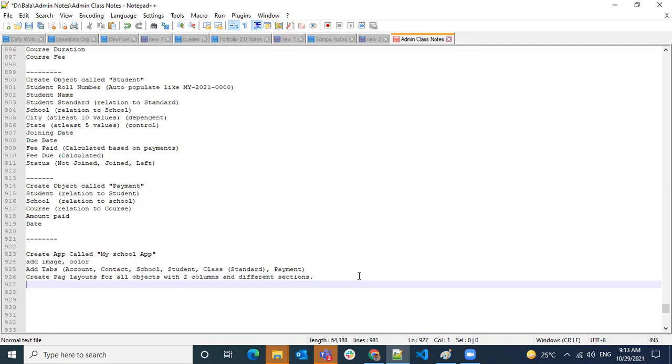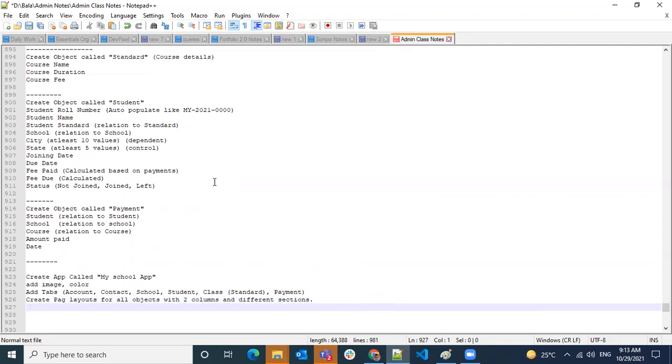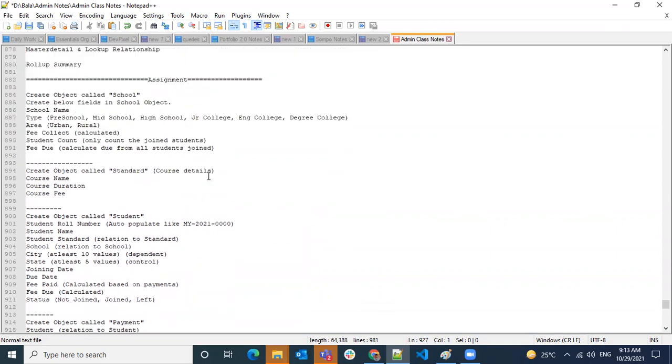So sections, for example when you're looking at school information, something like school name, address. I'm not giving many fields here. Try to create as many fields as possible, with the different fields: address like this, and then area, and student information.